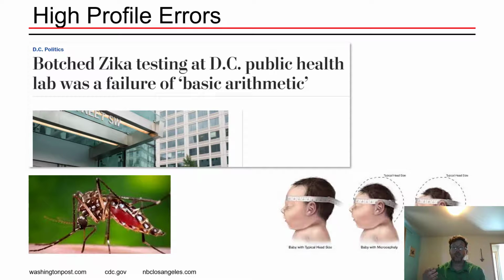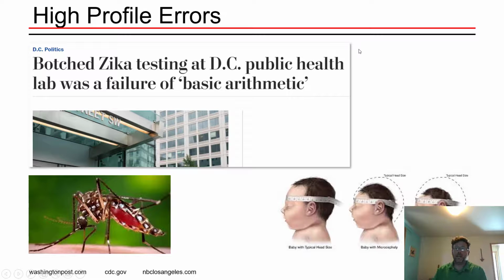And when they are revealed and when they're finally realized, they're the types of things that can really call the reputation of practicing scientists and their ethics into question. So there are a number of these high profile examples of gross errors in professional science that we could point to. One of the most significant to come to light recently involved a public health lab in DC,